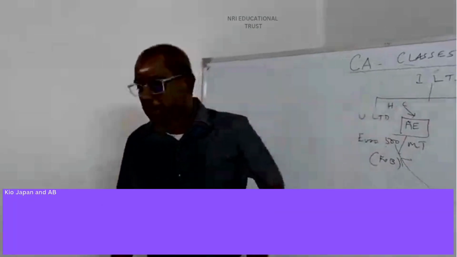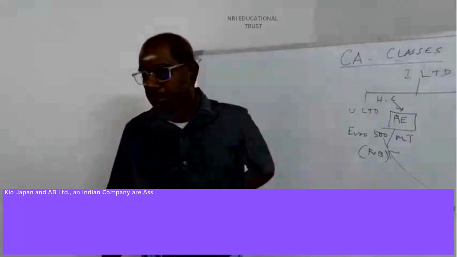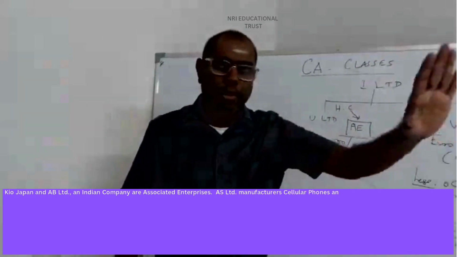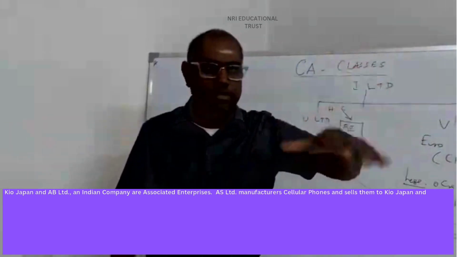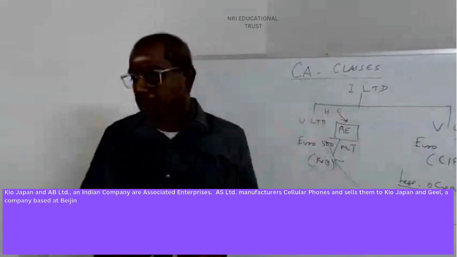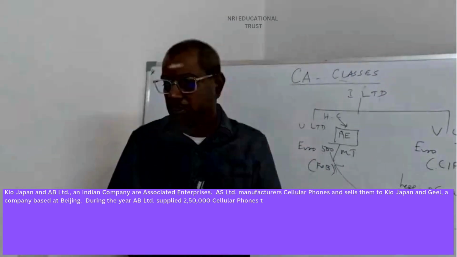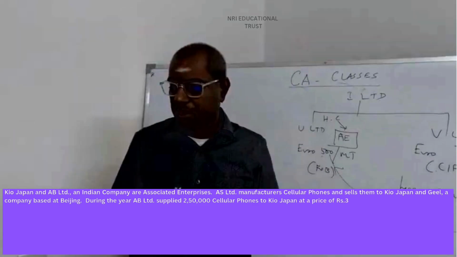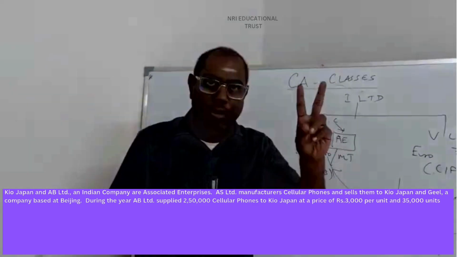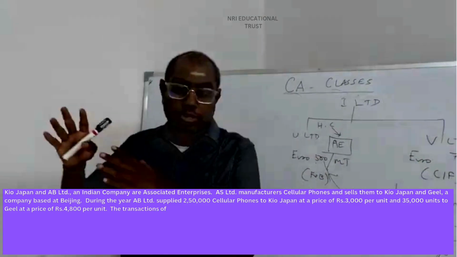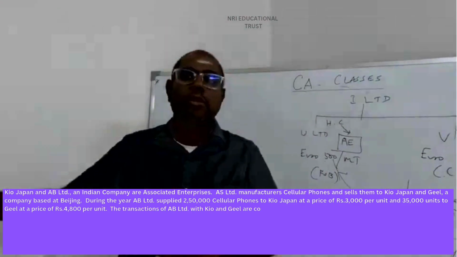Kio Japan and AB Ltd, an Indian company, are associated enterprises. So therefore transfer pricing will apply. AB Ltd manufactures cell phones and sells them to Kio Japan and Geel, a company which is based at Beijing. So they are making two transactions. They are selling to the holding company, an associated enterprise, and they are also selling to